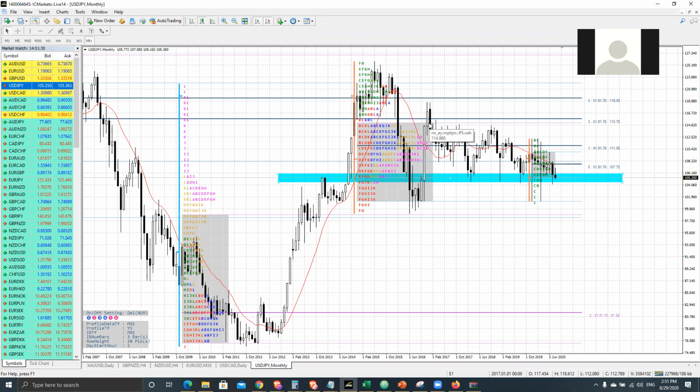115.7. Yeah, exactly. It will travel from there, and it will travel all the way down to its value area low. So if we have a sell bias now, and that sell bias actually happens and we break the current profile's value area low, it may well sell down to there. It's just something to watch out for. Maybe not all the way there, because there's a selling tail there, but just something to watch out for. And then look on the lower time frame for the take profit and stuff like that.